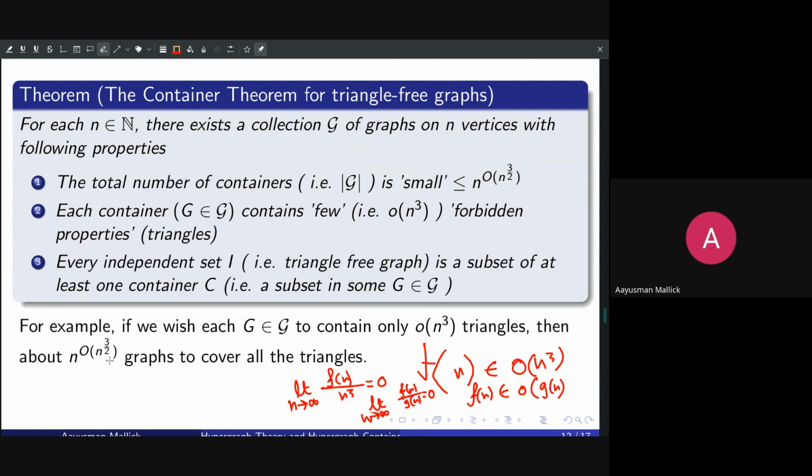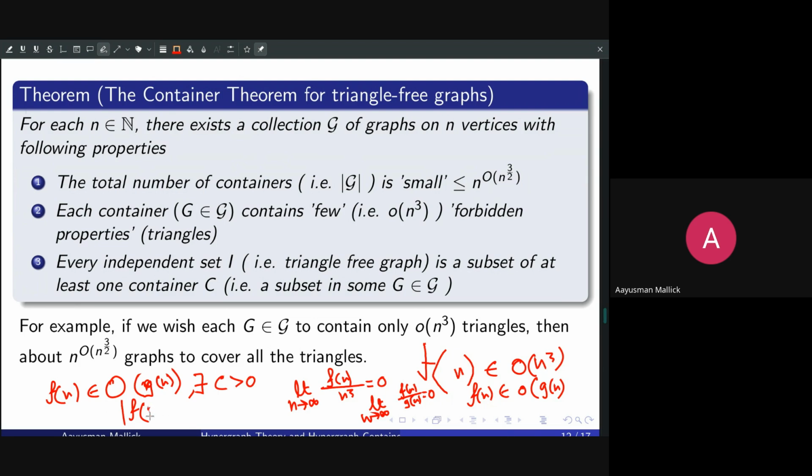And capital O of n to the power 3 by 2. Here, similarly, when we say that f(n) is contained in some capital O of g(n), we say that there exists a fixed real constant C greater than 0 such that